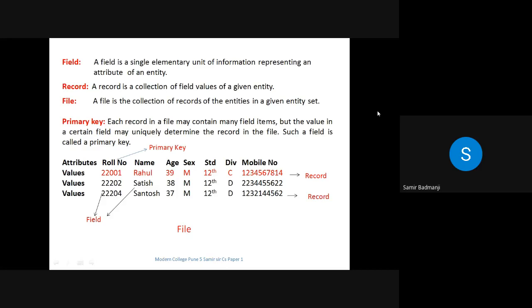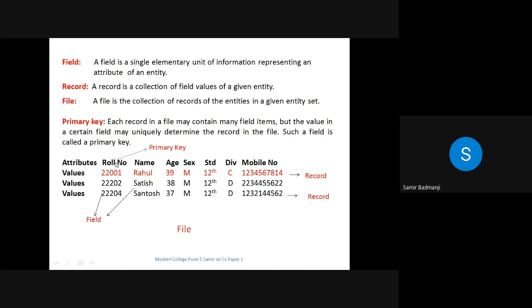Such a field is called a primary key. We are not going to see anything more about primary key. We only need to know that a primary key is a key which uniquely identifies the record in that file. If you just write down these 3 lines, you will get 1 mark. So see, this is the primary key.